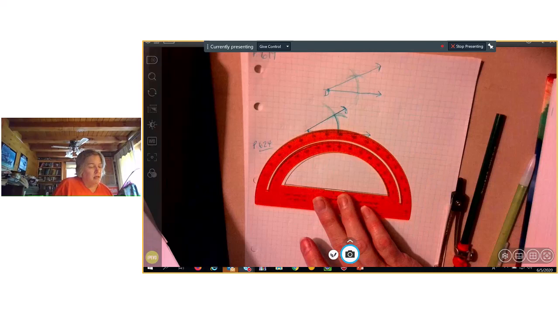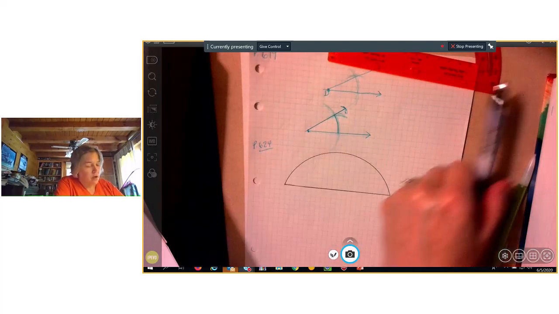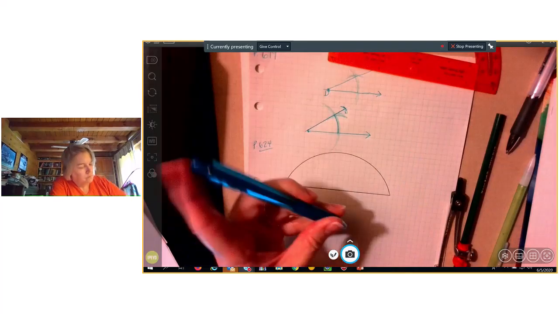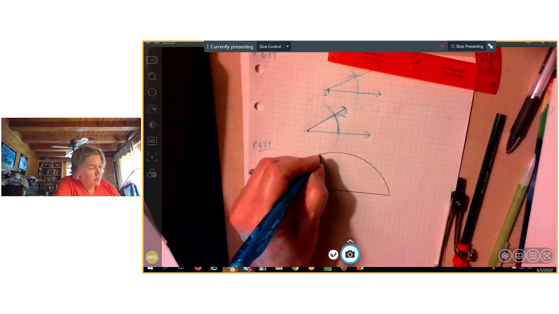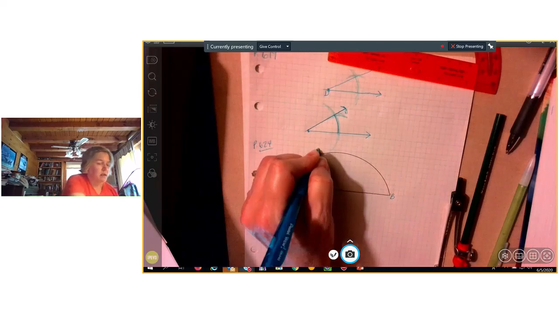And this is that theorem that says whatever point I put here, so wherever I draw a point on this, if we have A and B, and I draw this as point C,